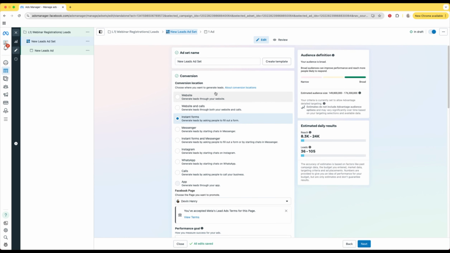ad set level. So we're going to have 3 different ad sets, and they're all going to be going to the same exact audience. The reason for this is because we are testing the ads. When you're running ads and testing, it's very important to make sure that you're keeping every other variable constant except the one variable that you're testing. So if we're testing the copy, then everything else needs to be the exact same. But in this instance, we're testing the ads, so that means everything else needs to be the exact same, including the targeting or the audience. That way we know the difference in the results is strictly due to the difference in the ads that